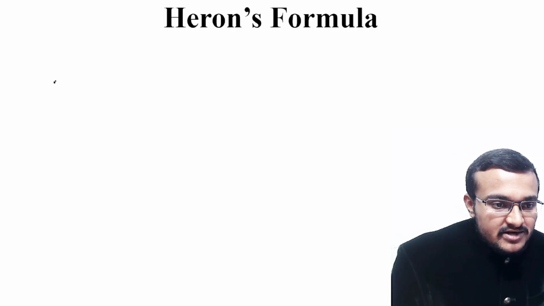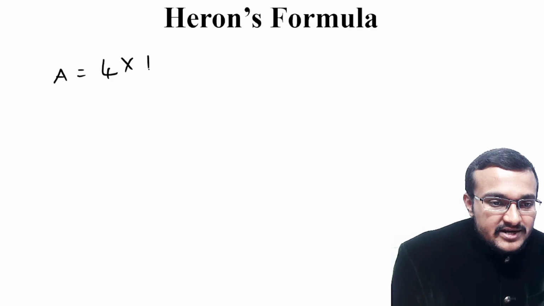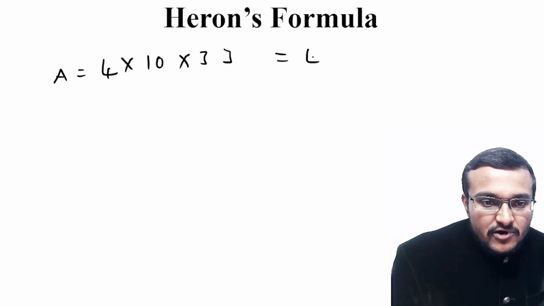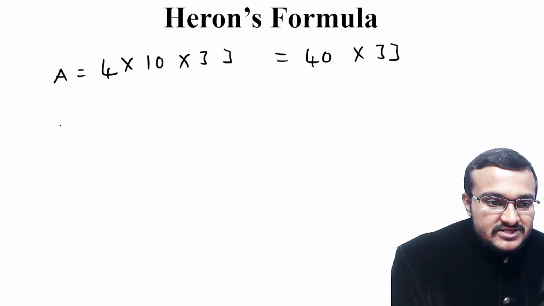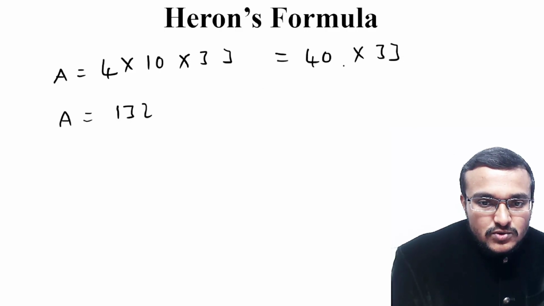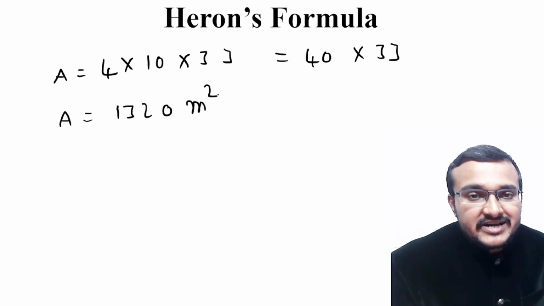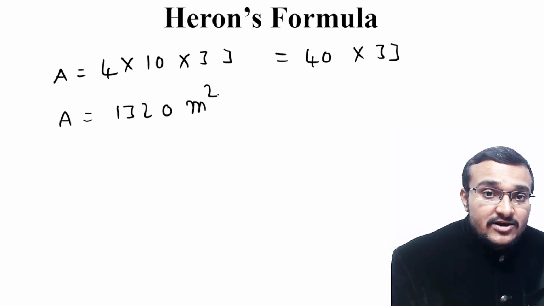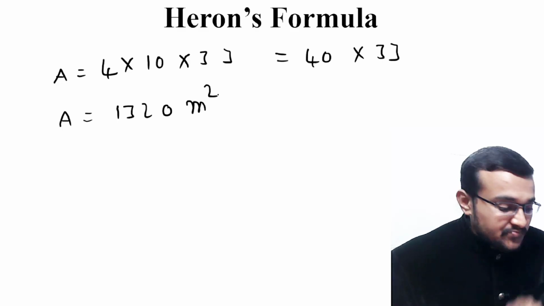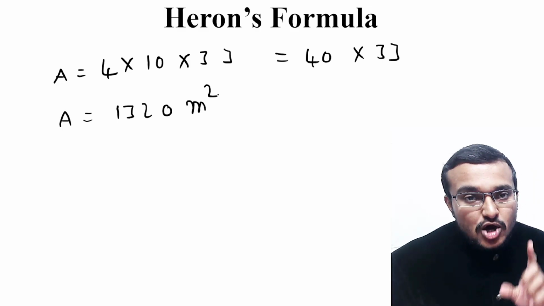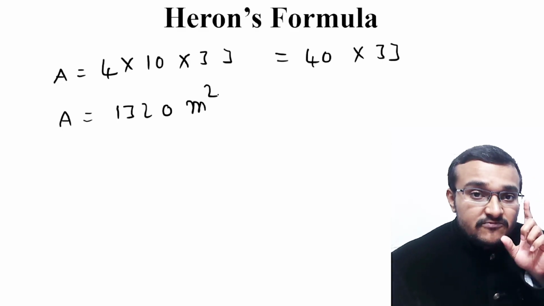So now we have got area as 4 into 10 into 33. So 4 tens are 40 into 33. So 33 into 4 is 132, and 10 is there, so 0. So 1320 meter square is the area of the triangular space, and 1 meter square costs 5000 rupees for 1